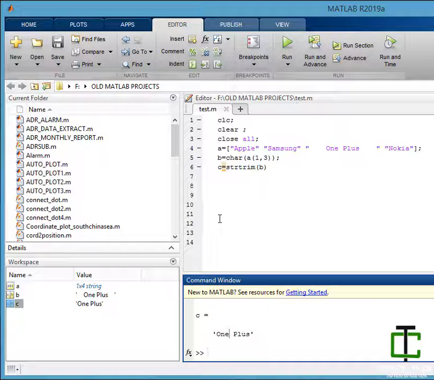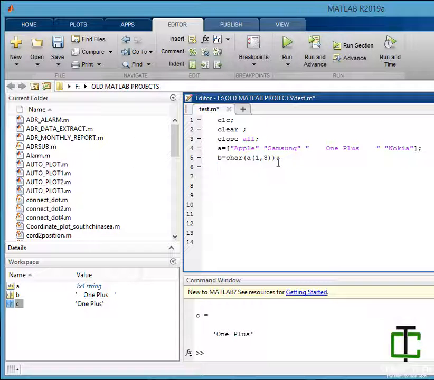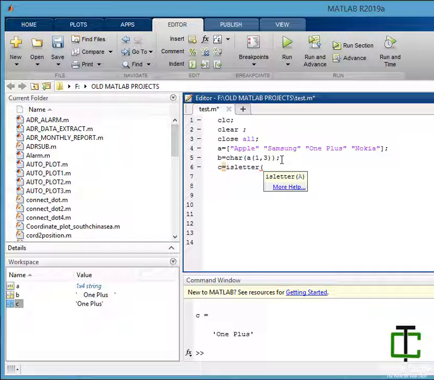Now let's look at another function. There is a function called isletter. What it does is search for a particular character or bunch of characters inside a string.